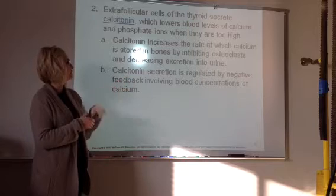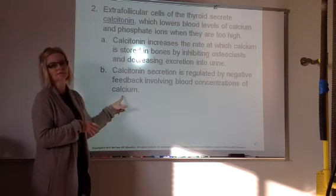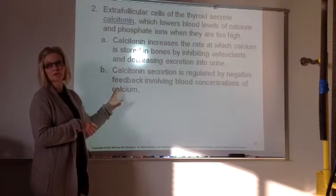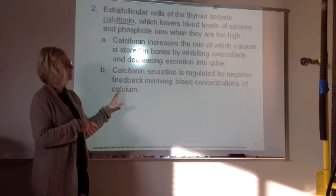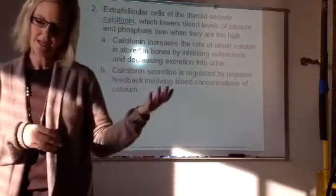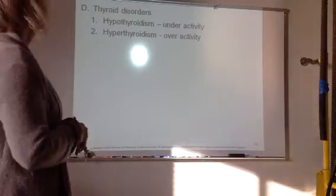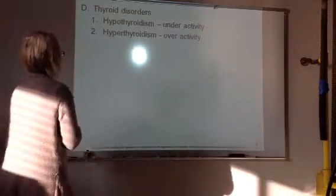Calcitonin secretion is regulated by blood concentrations of calcium. So not so much the pituitary gland this time, as it has a way of measuring how much calcium is in your blood. And disorders of the thyroid then,